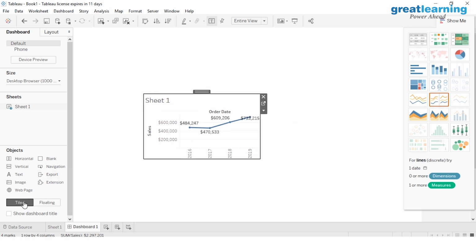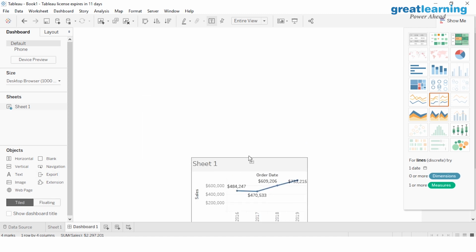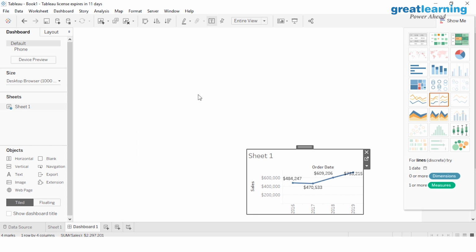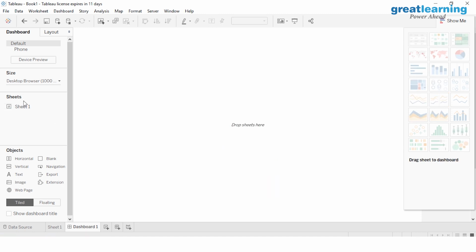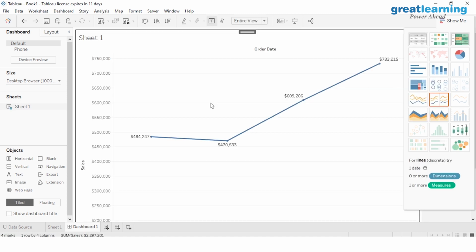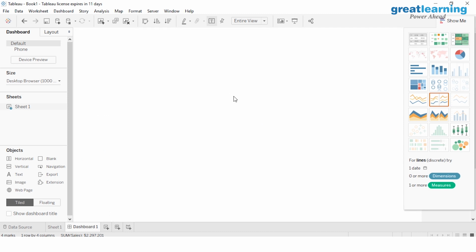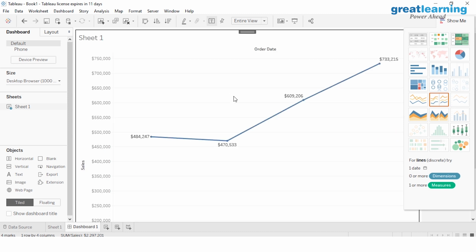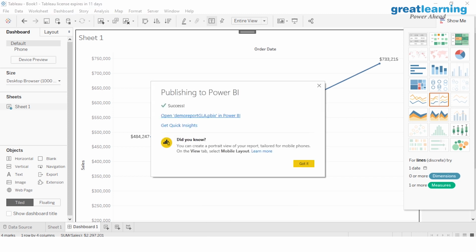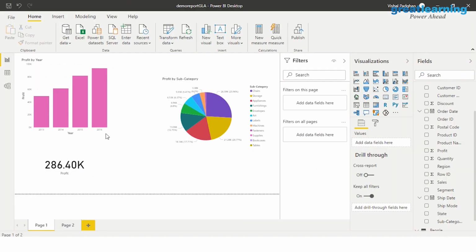Let's assume that I make it tiled. This one will move, but if I add a new sheet, it won't move around in this case. So let me remove this. Let me show you. You see, it's not possible for you to move it. It's consumed the whole space. You can maybe minimize it, but not move it around, right? So this is how Tableau works for you, right? But we are mostly focusing on Power BI right now. So let's just close the Tableau thing and come to Power BI.